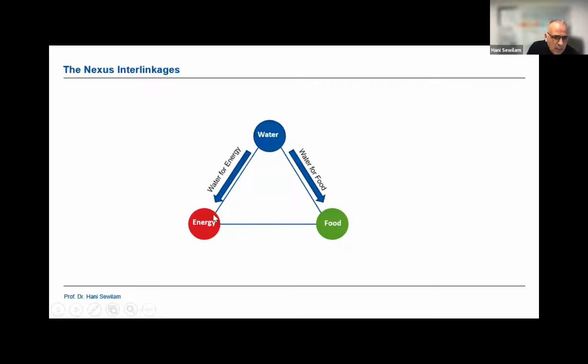And also there are a lot of interrelationships between food and energy. Using food products for biodiesel or biofuel is a relationship. We might disagree with this concept when we speak about sustainability, but it exists. And also using energy throughout the supply chain for producing food. So all of these are interrelationships. I'm going to skip a little bit, but focus here first on water for energy.